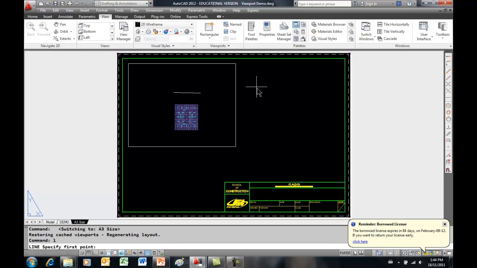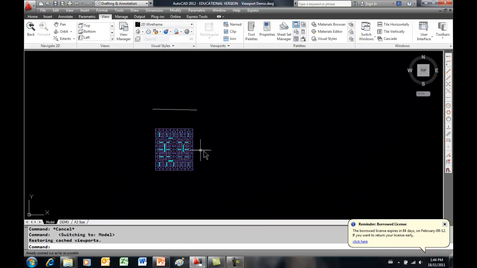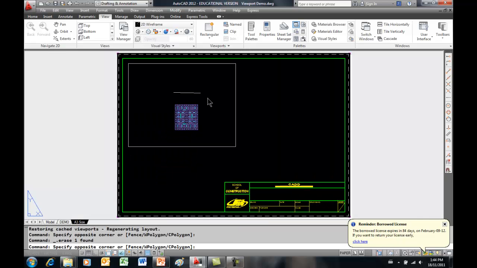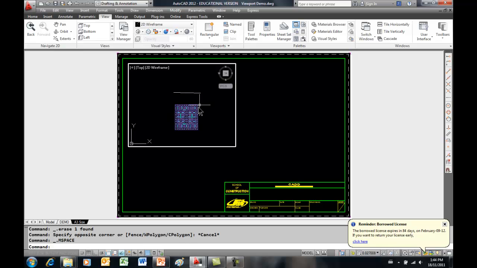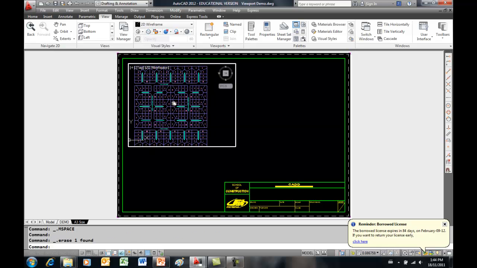Whereas if I draw a line right now here, because this viewport is not active, it's not fat, I'm not in it, this line is in paper space. It's not in model space anywhere. Double click to make my viewport active. I zoom with my roller, I pan just like I would in model space. So to create my overall site plan,